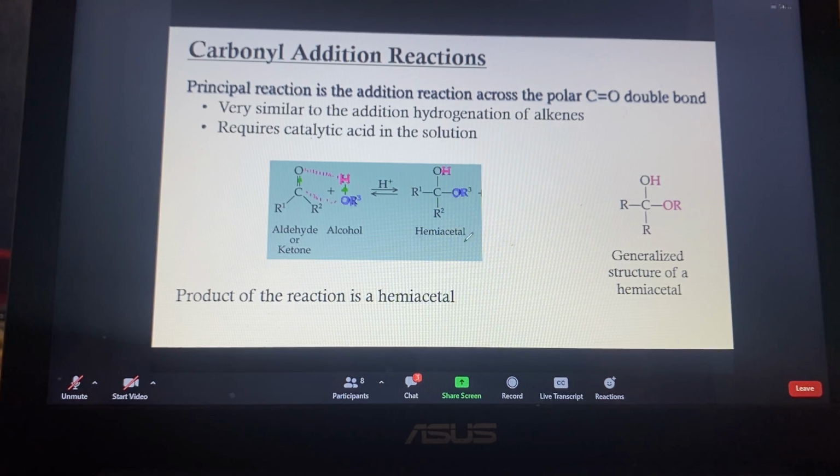And this resulting product is called a hemiacetal. A hemiacetal is simply a structure where you have an alcohol and an ether attached to the same carbon. So this is the generalized structure of a hemiacetal. What you'll notice is with this carbon,